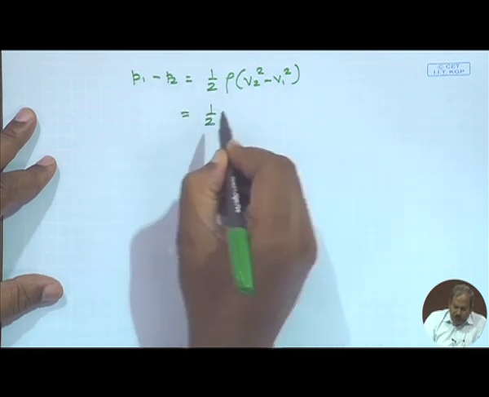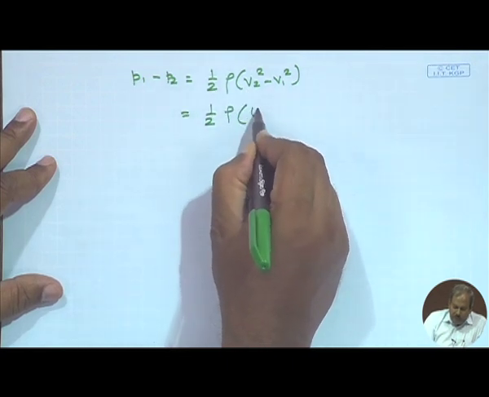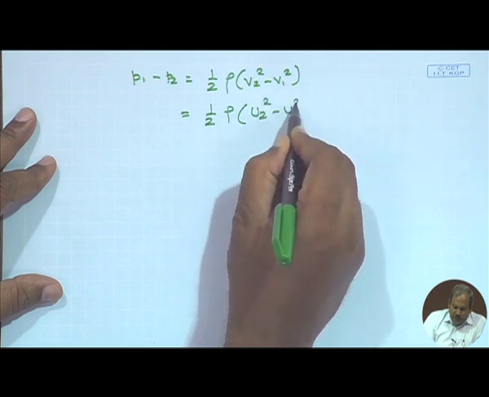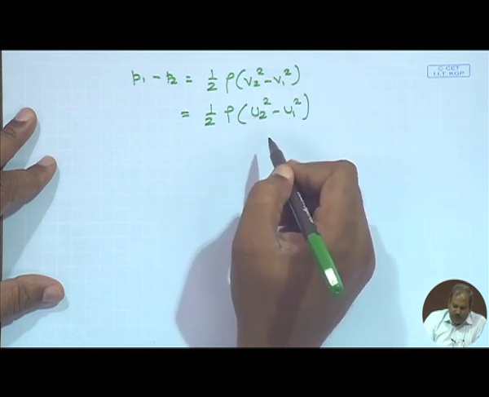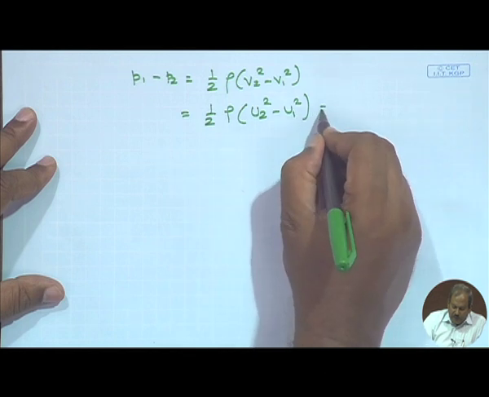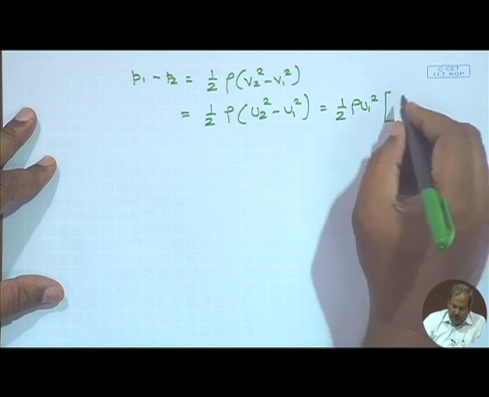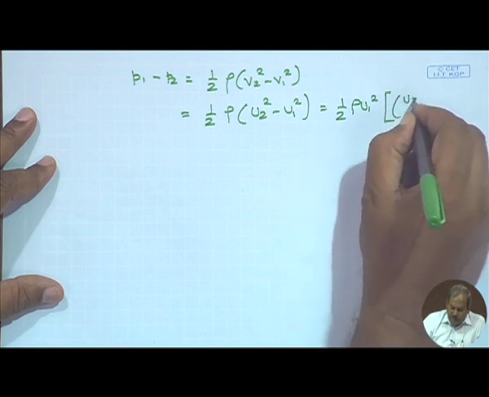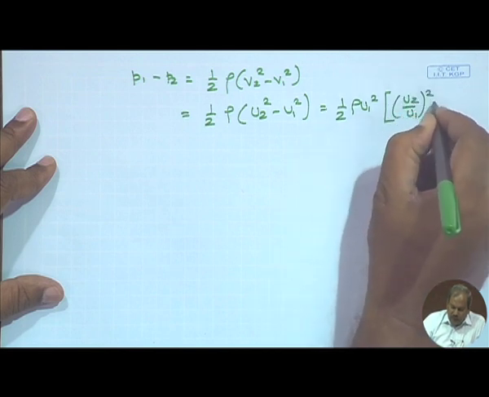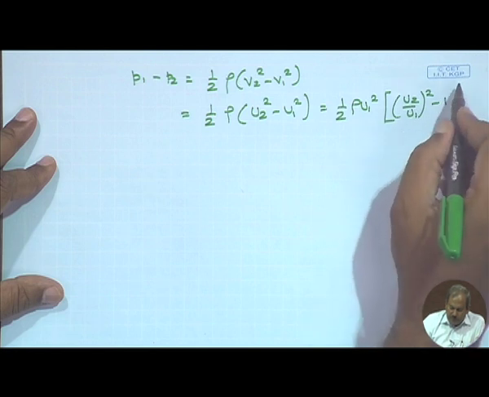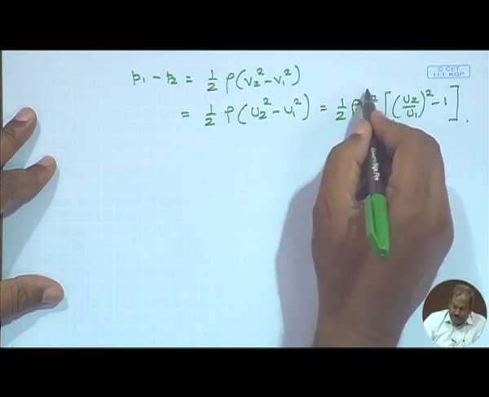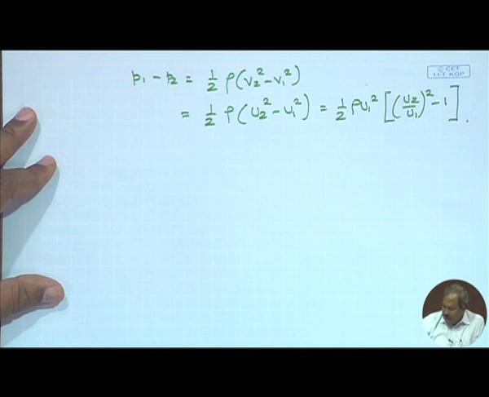So, P1 minus P2 would simply be equal to half rho times U2 square minus U1 square, where U2 and U1 are the free stream velocities. So, I would bring this as half rho U1 square, and therefore, this would become U2 by U1 whole square minus 1,